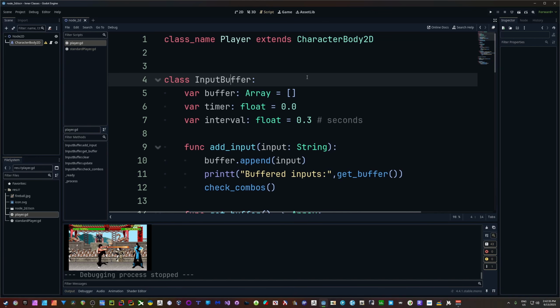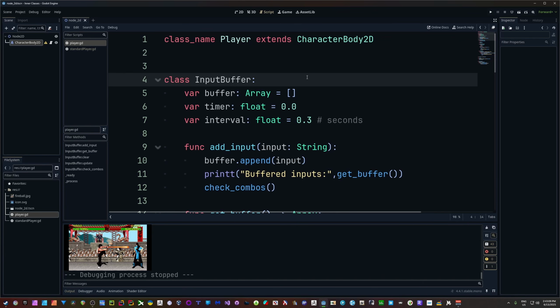It doesn't matter how many players we could create. We can create 3 players, 4 players, maybe it's a 2-on-2 tag fighting game. We're going to have 4 players. They all have their own input buffers, but we still only have this one inner class. So you're saving on not needing to write a new script, not having another class registered globally across the project,